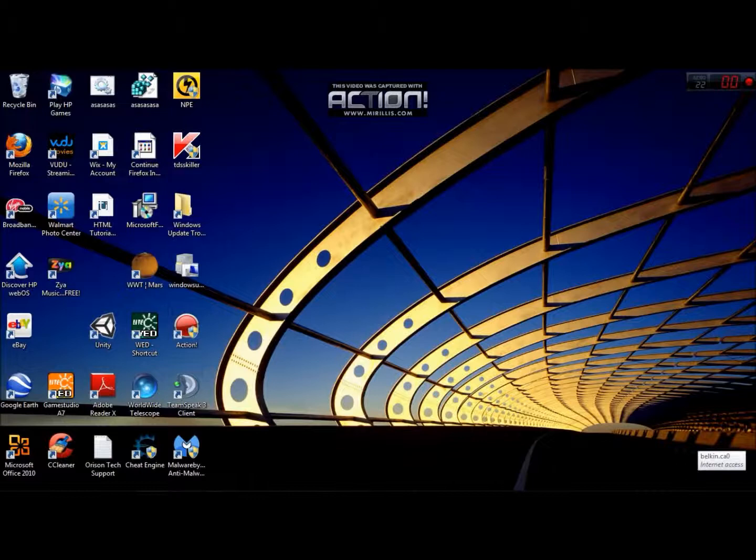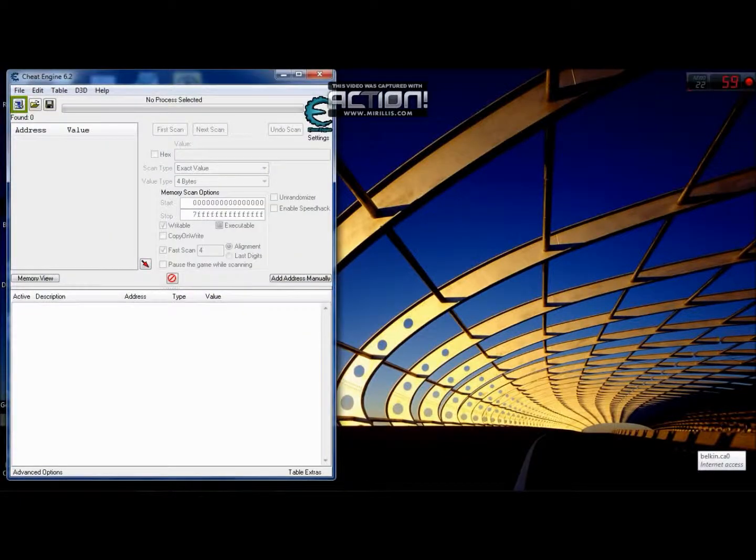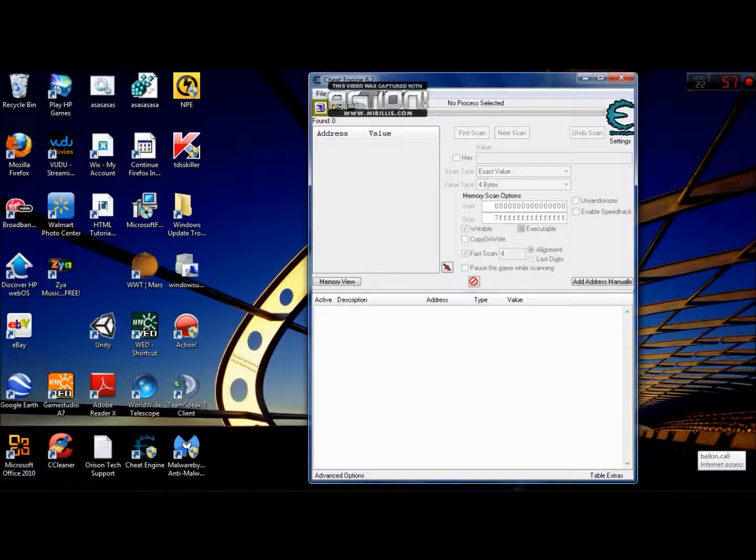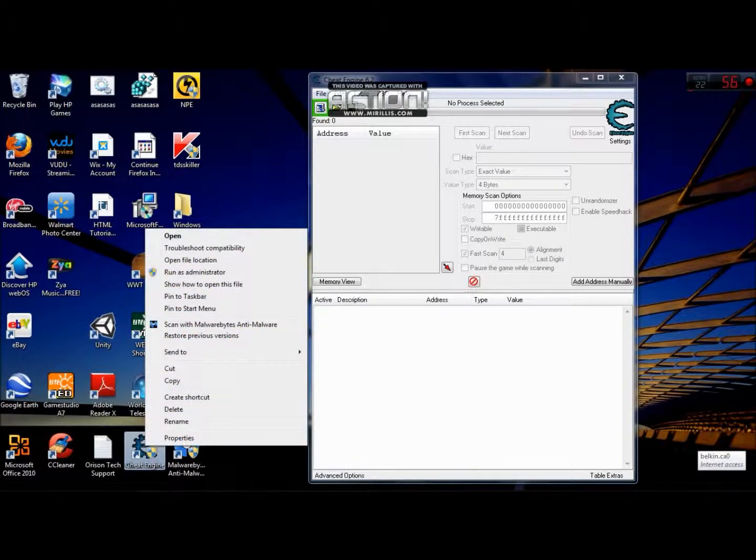First, open up your Cheat Engine. I'm going to open up my Cheat Engine, and I'm going to get a prompt. Okay. Once Cheat Engine is open, to find the tutorial, go back onto the Cheat Engine where you first open it up. Click on the right button, and then, as you can see, I have open troubleshoot. Okay, open file location,